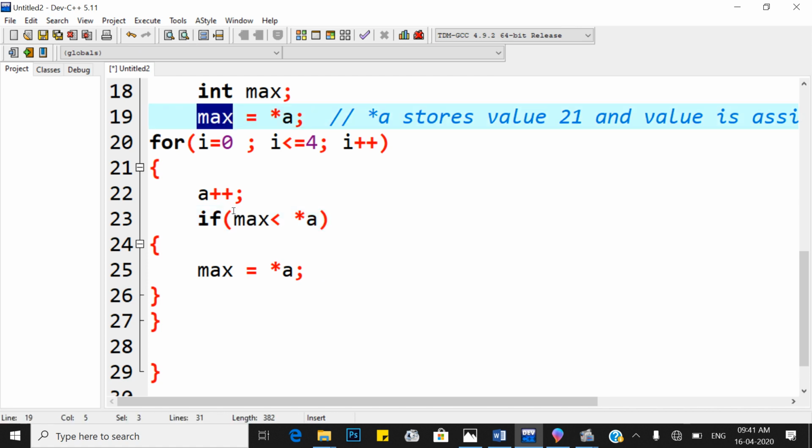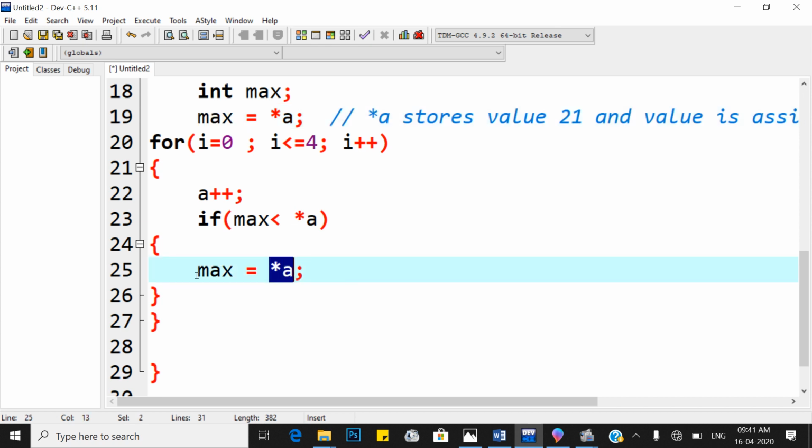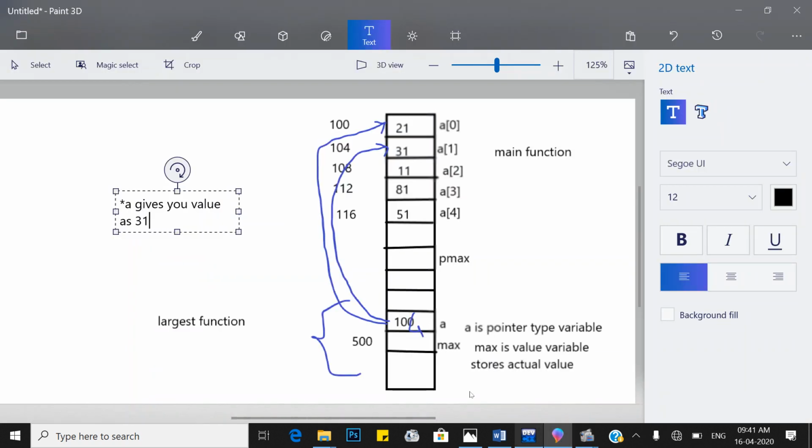So 21 is less than 31. Yes, it is true. So pointer a, meaning 31, is assigned to which variable? Max. So max now contains which value? 31. Now max contains 31.